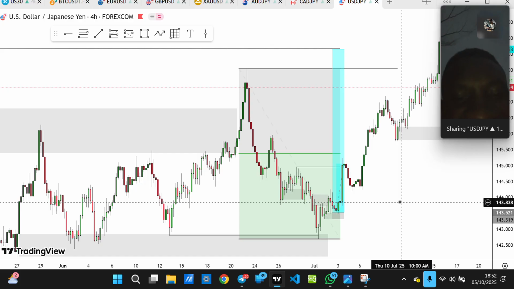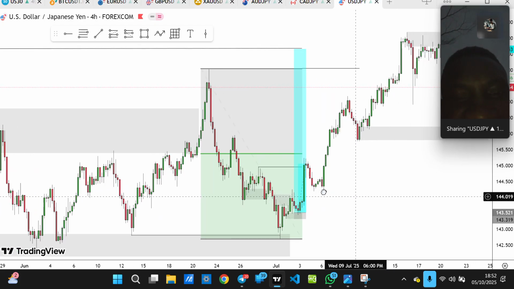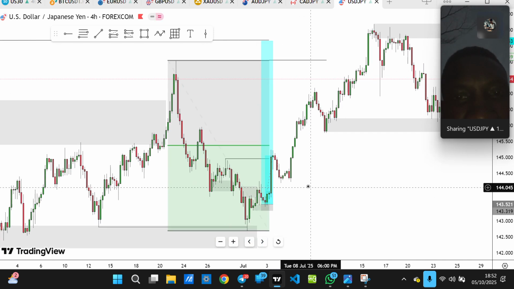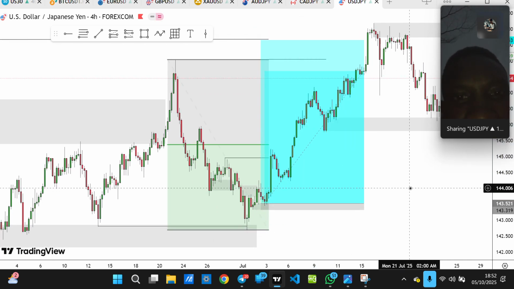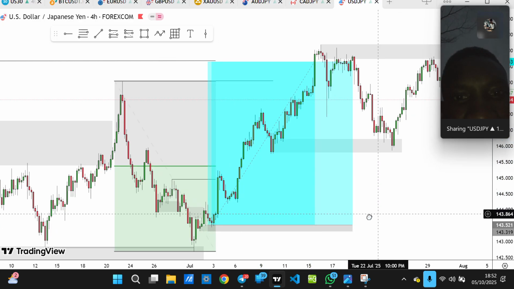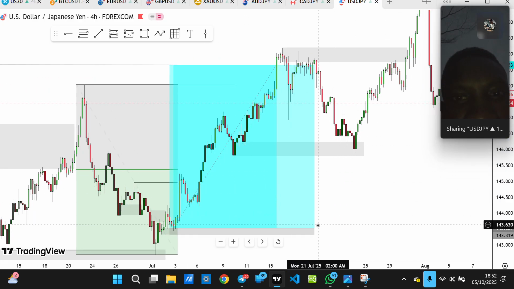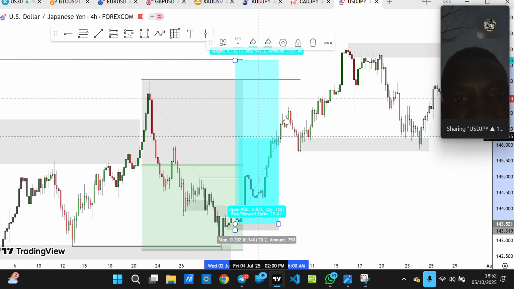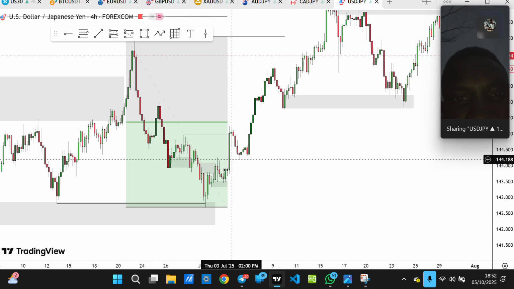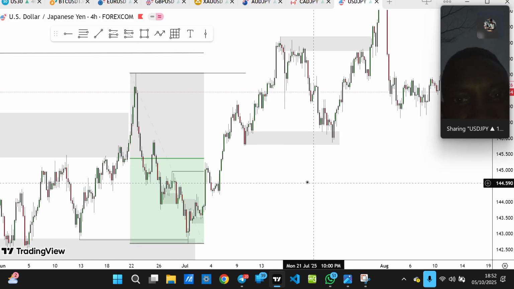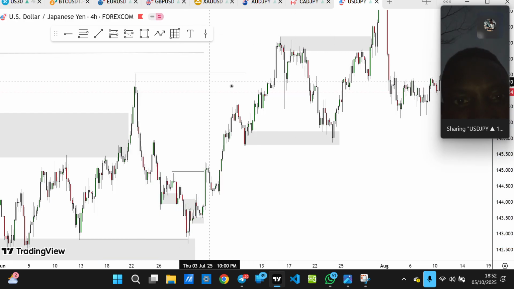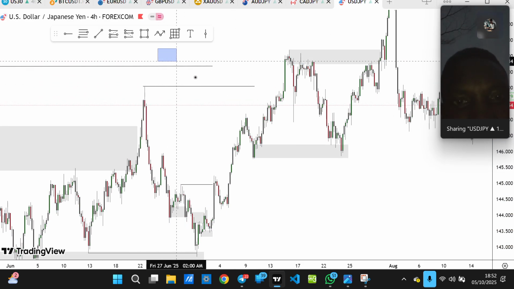So once the objective is taken out, as it did here, then the next thing is to see what else price is going to give us. As we have taken out that eye, we should see what next price is going to give us. So we'll now look at where demand is in this particular structure, this particular leg. This premium discount is now going to go because we have already taken out our objective. The next thing is to expect that price will continue to go up. We will now look for another objective